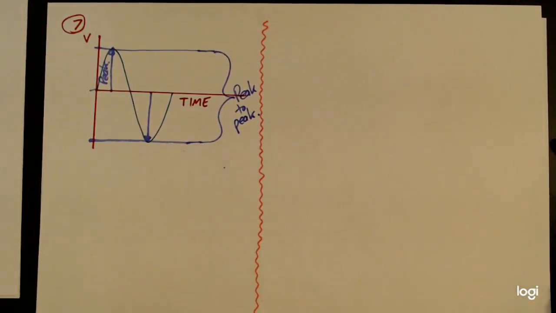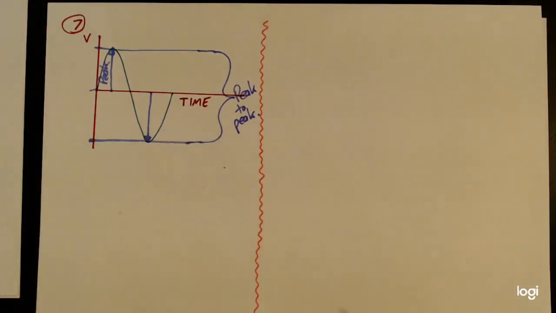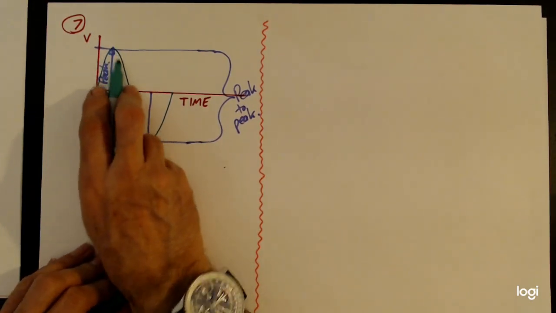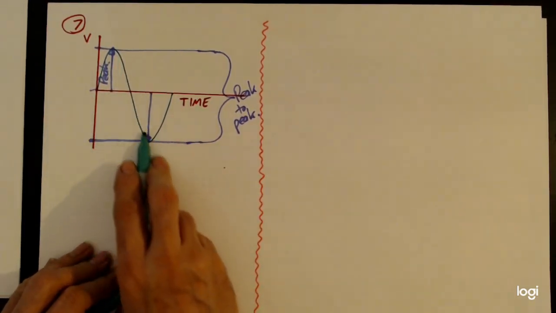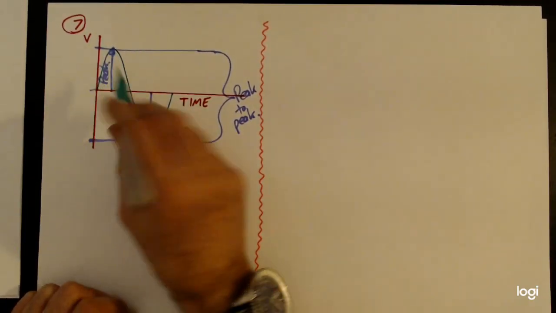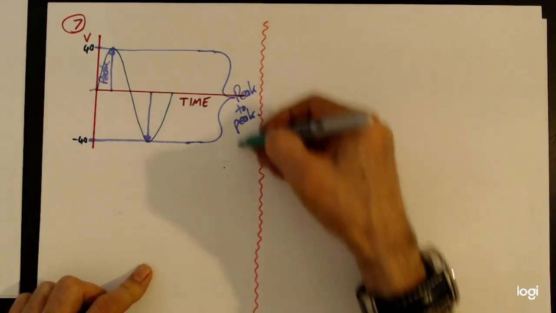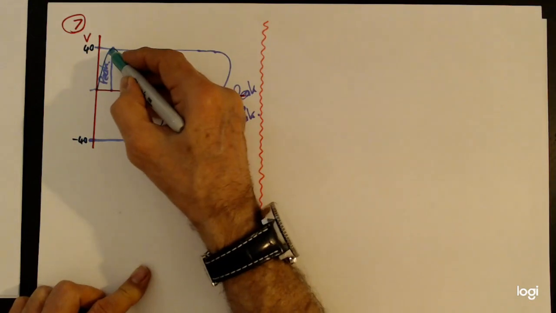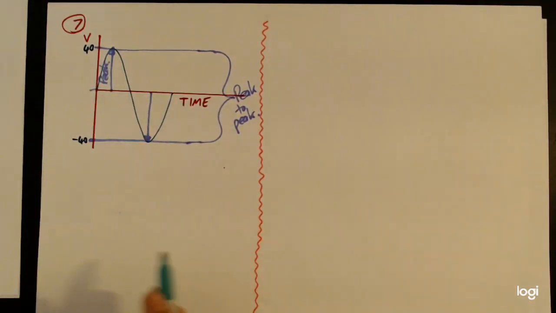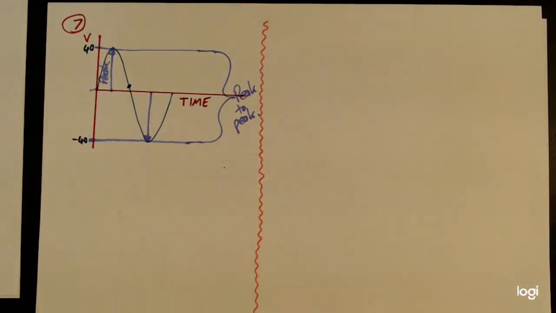Now, because this is a varying amount of electricity that's coming out of this generator, right? There are times when the voltage is that big, and there are times when it's not. There are times when it's less, and zero there, and then more and more and more. It's varying. The peak voltage, if that's say 40 volts there and that's minus 40 there, the peak-to-peak value is 80, and the peak voltage is 40. But that's a little meaningless, because for most of the time you're not getting anything like 40, you're getting less. You're down here, you're getting like 5, right? So a more